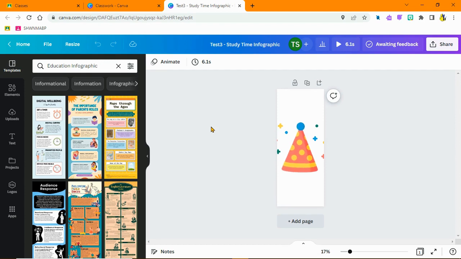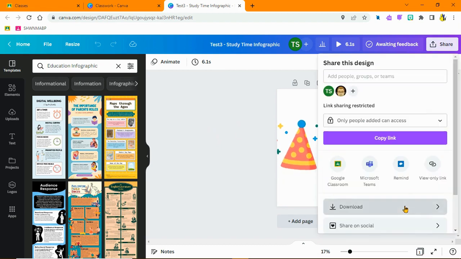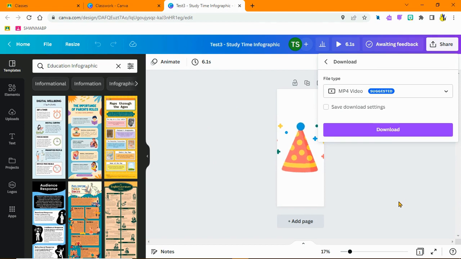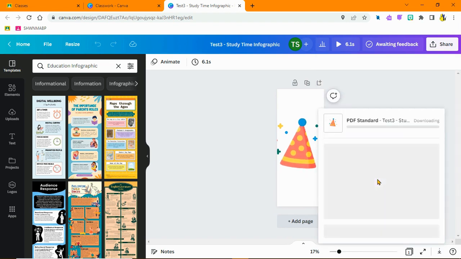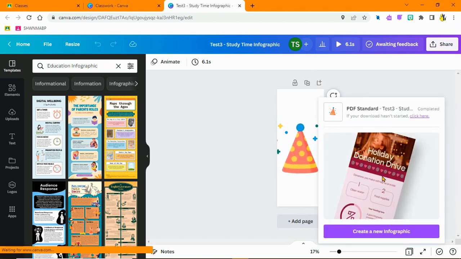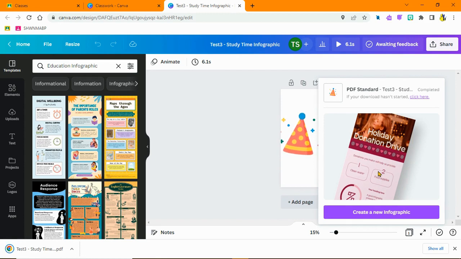Things that students make in Canva don't automatically appear in Google Classroom in the assignment area. If you want to see them there, when students are in Canva, they will need to click on Share and then Download. Even though this has motion in it, they can just save it as a PDF and they will download it to their Chromebook in the Downloads area or to a specific folder in Google Drive,